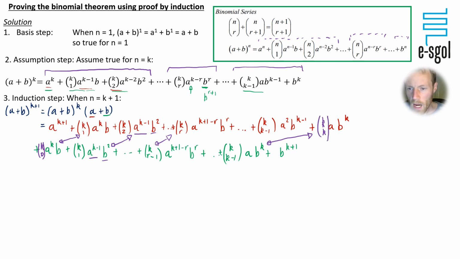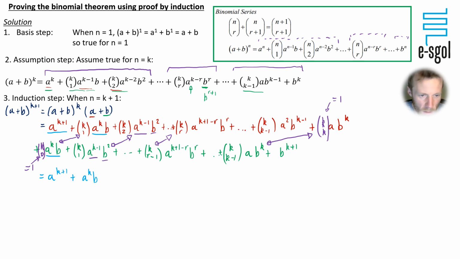That will allow it to pair up a little bit nicer, and remember that kk equals 1, a bit like down here, k0 also equals 1, so we're allowed to write them in there. Now I'm going to pair them up. It's getting a little bit messy now. So the a to the power of k plus 1 just stays as it is. Pairing these up here, do you see the a to the power of k times b and the a to the power of k times b? They're common, so we'll just write a to the power of k times b.